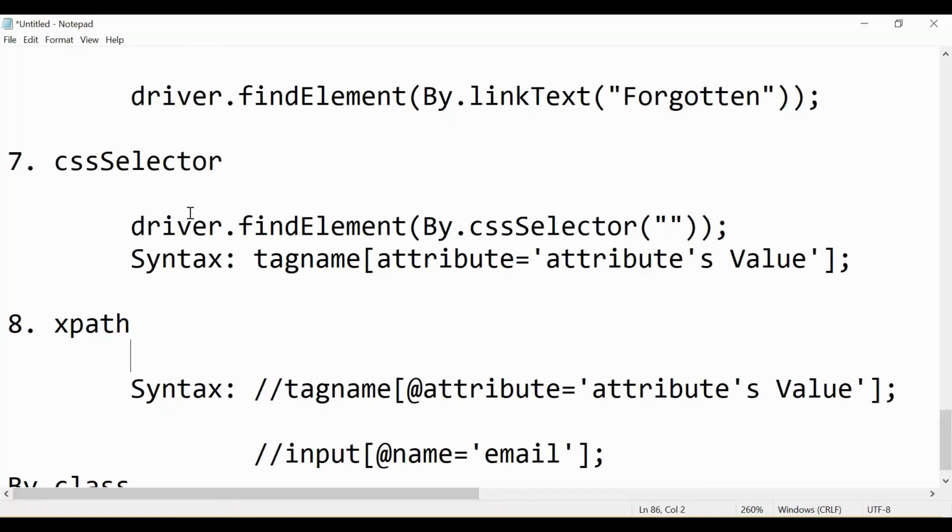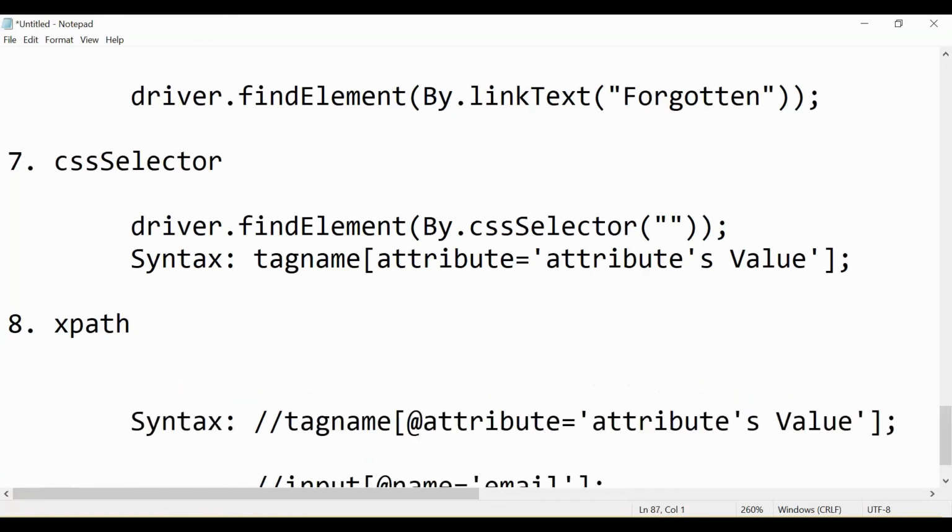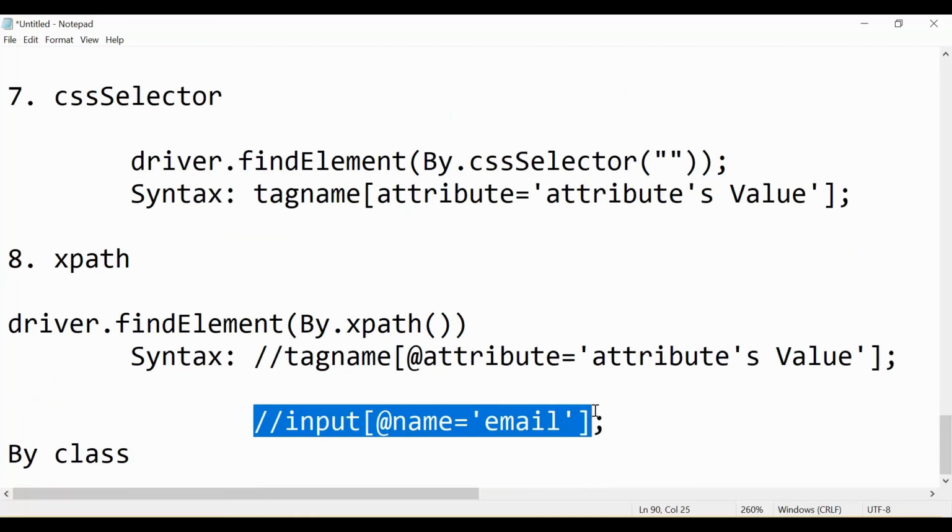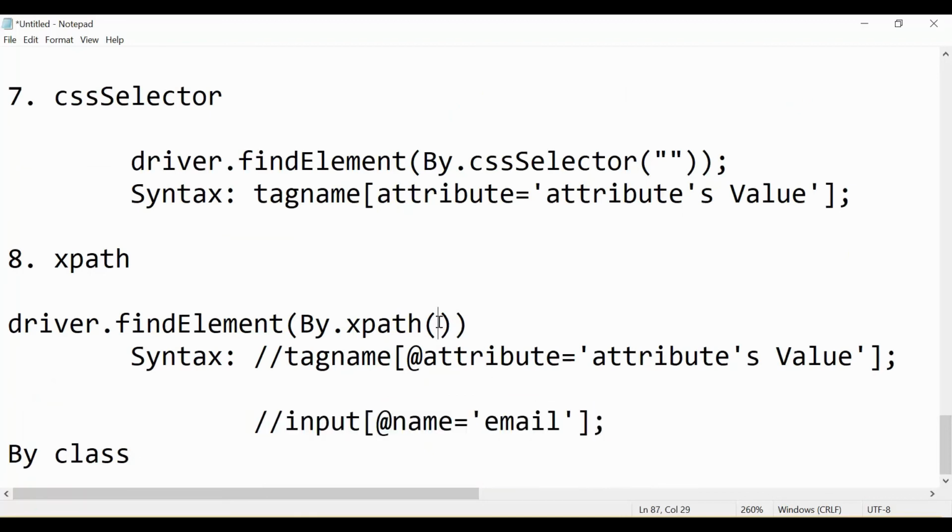Same here, driver.findElement(By.xpath) and just pass this value in double quotes.